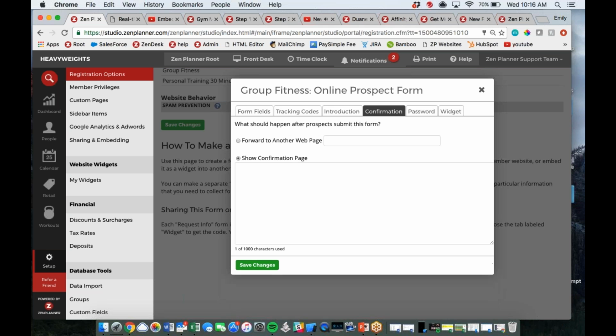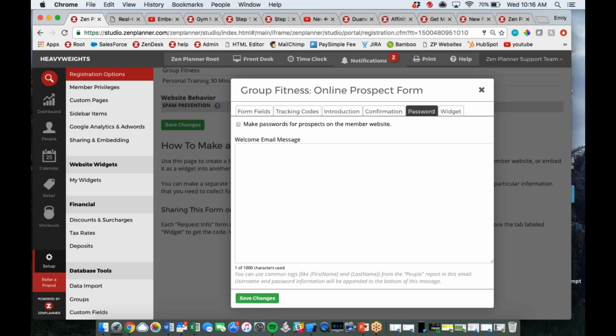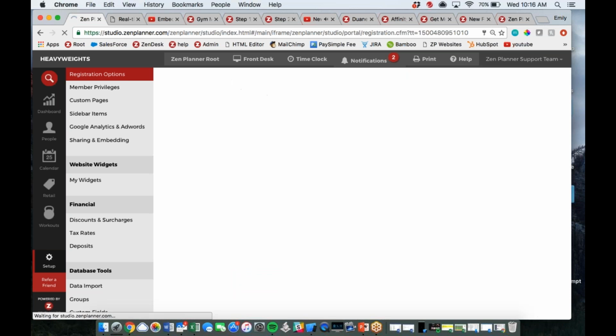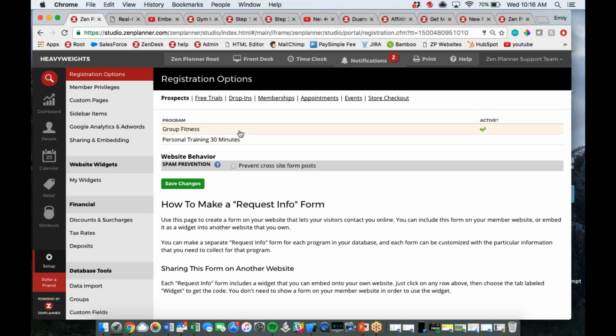Just make this sound like you. Once they fill out the form, if you want them to be redirected to a different page or maybe show them that confirmation page, that's great. If you want to give them a password, that's fine. We're going to go ahead and hit Save Changes, and we'll see that now that we have this form,